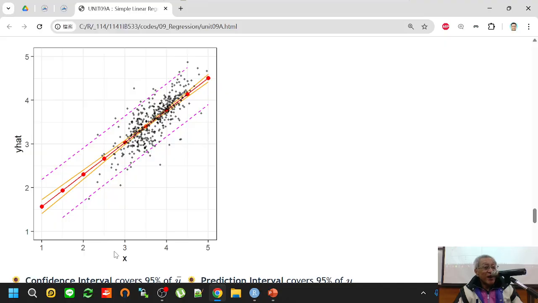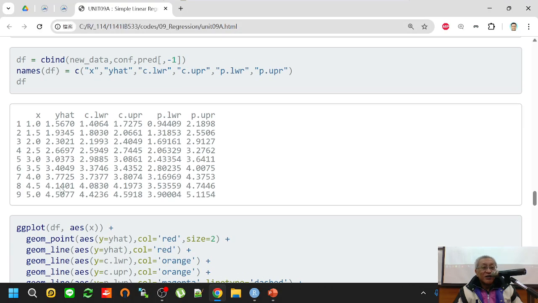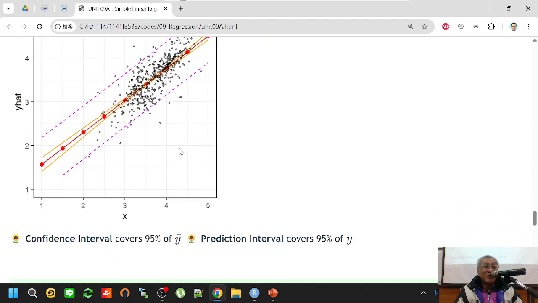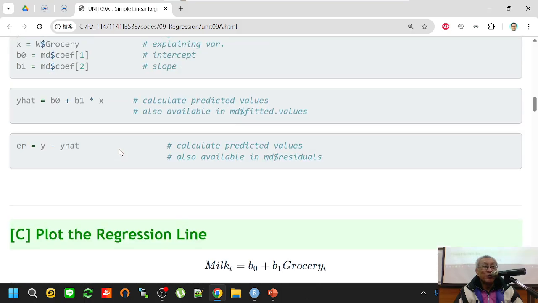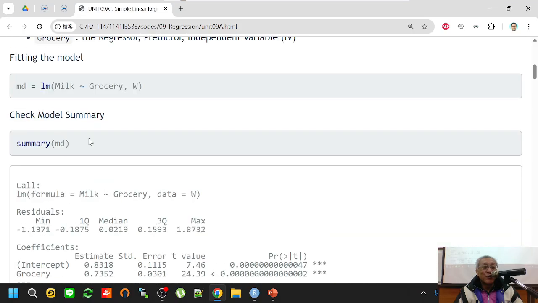Okay, so given x, you not only know the expected value of y with this prediction interval, you can also know the 95% confidence interval of y. Okay, and sometimes this is important, right? In business, sometimes you want to know the risk, right? Okay, so maybe this is the worst case, and this is the best case in a 95% confidence interval. Okay, so this is the way to build